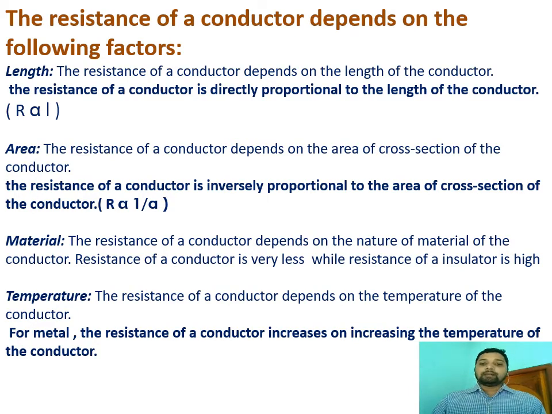Another factor is temperature. With the increase in temperature, the kinetic energy of the particles gradually increases. That means they come to the excited state and move with more velocity or speed. Because of that, the number of collisions gradually increases. So the obstruction given by the particles will increase. For that we can say with the increase in temperature, resistance increases, and with the decrease in temperature resistance decreases.